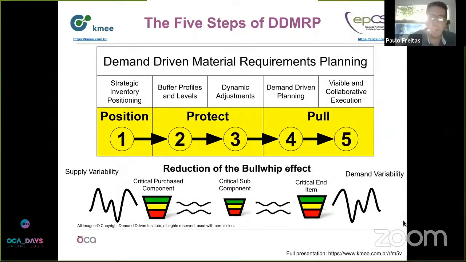And the last step, number 5, is visibility and collaboration, and this is a step where the gain is sometimes difficult to measure in financial terms. But I've seen a lot of testimonials from supply chain managers that have implemented the methodology who say this is one of the greatest benefits that they get, because it is simple for the planners, for the buyers, for everybody in the company to adopt this technique. It's very visual, very simple, very straightforward. All right. So next slide, Will.